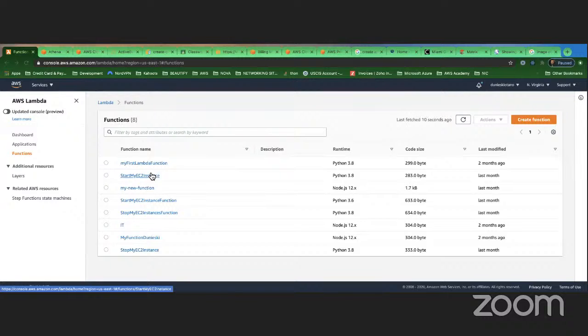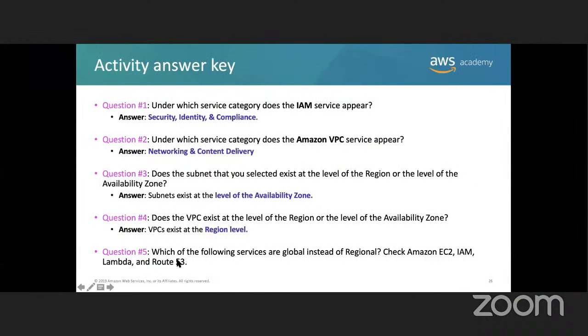Okay. And finally, how about Route 53? Route 53. Region? Global. It's a global service. Route 53 and CloudFront are the guys that work in another dimension, and this is the global dimension. Okay, so if I take a look, you see here, IAM and Route 53 are global, Amazon EC2 and Lambda are regional. Okay, CloudFront is global, IAM is global, Route 53 is global, S3 is global, but it's debatable because